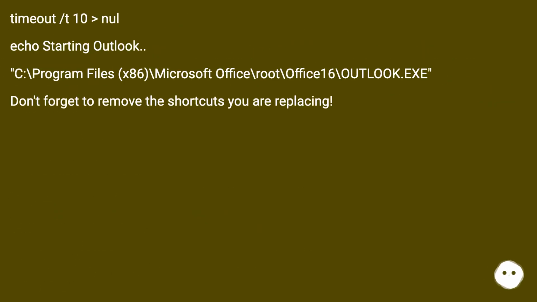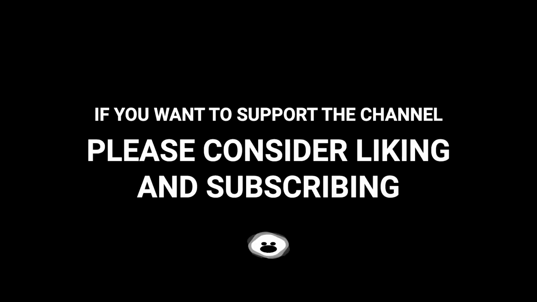timeout /t 10 > nul, echo starting Outlook, C:\Program Files (x86)\Microsoft Office\root\Office16\outlook.exe. Don't forget to remove the shortcuts you are replacing. If you want to